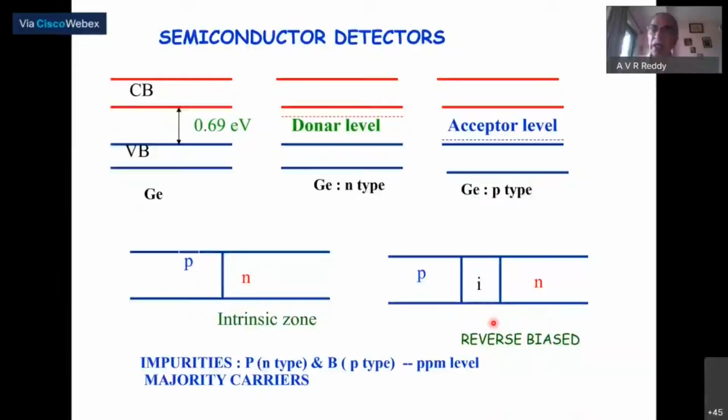So we will not go into details. And here you apply a reverse bias voltage such that these will be pulled further back so that you get a thick intrinsic zone. We will leave it at that stage. So now you have some idea. Now I'll just go through quickly with two examples because we are really running short of time.